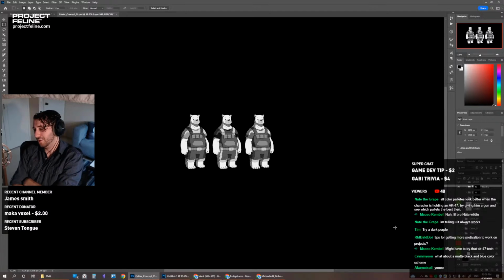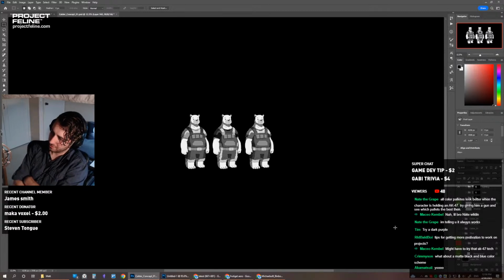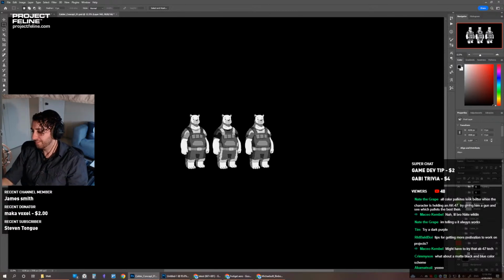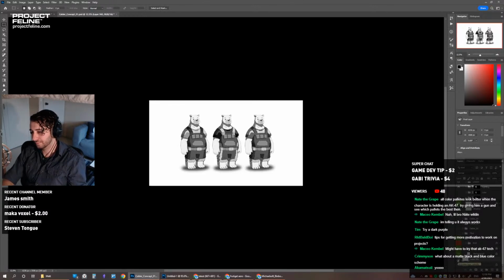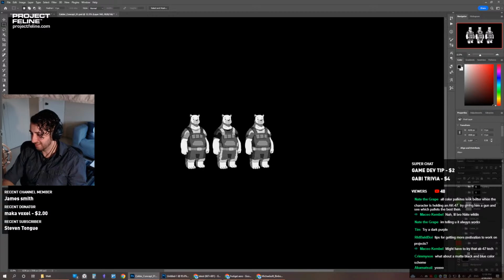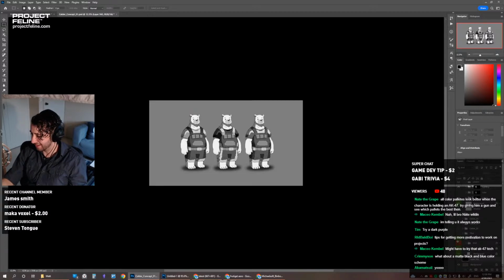I don't like the middle one. The straps are too bright and the shirt's too dark. So I like the ones on the sides more. Yeah, I'm not a fan of the middle one, the values. I don't know. I'm just not feeling it. But if I turn the color back on...